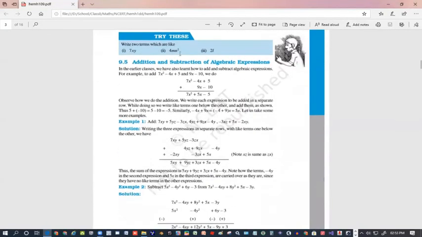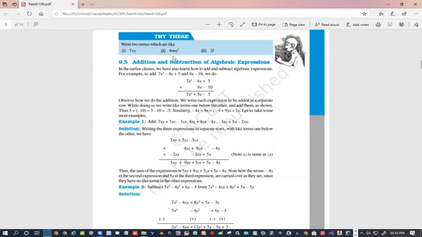Now write two terms which are like. Okay, this. So we know 9xy, minus 5xy, minus 10xy, minus 12yx. Product order doesn't matter. Yx or xy both are the same. 4mn square, 3mn square, minus 2mn square, minus 1n square m. But it has to be n square and m. We cannot change the power of this. It will always be m, and it will always be n square to form the like terms.